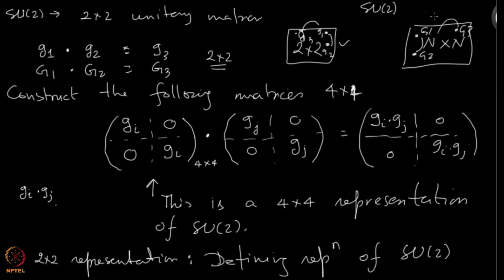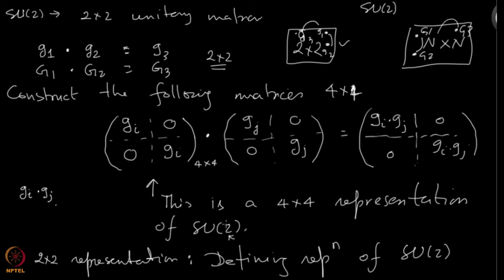So, as I was talking about here, this is a particular example of one representation of SU2, which is not 2 cross 2, but 4 cross 4. That is what I have written here. This is a 4 cross 4 representation of SU2. So, what is that 2 here in SU2? Clearly it does not mean that you are looking at 2 cross 2 matrices. What it means is that the way you have discovered this group is by looking at 2 cross 2 unitary matrices.